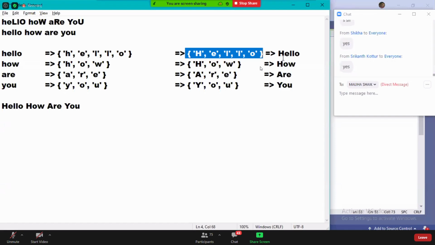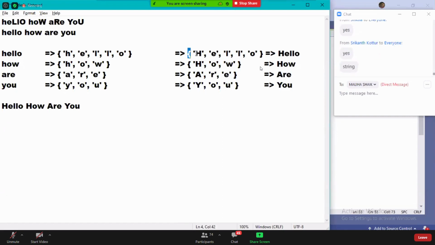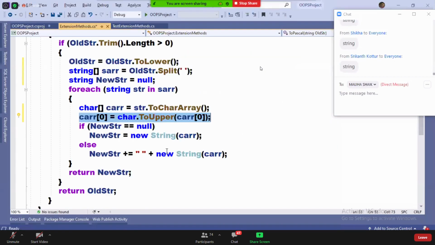In the next step, the character array should be converted back into a string, right? Watch it. What did I do? If newStr is equal to null, and newStr is null only, as we declared.